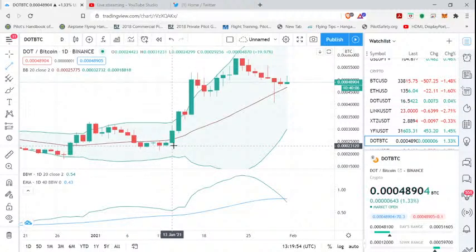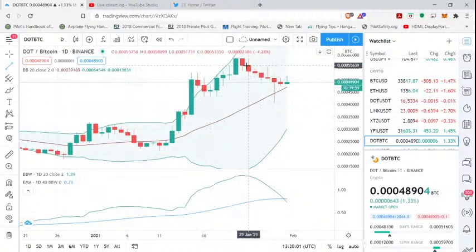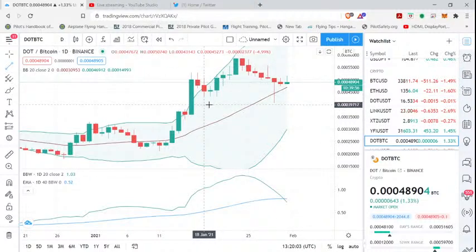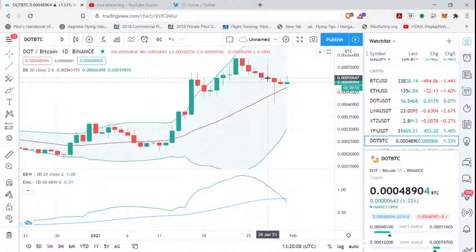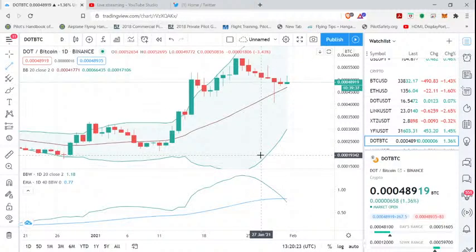Let's see. This is starting to look like distribution with DOT. Got a lot of negative days here. We got a 1, 2, 3 slope, and then nothing. Just absolute garbage. So this is looking like distribution for now, but if I start seeing a lot more sideways action, that'd be accumulation. And right now that looks like distribution with some